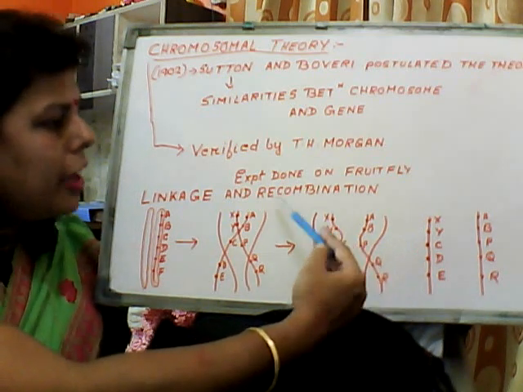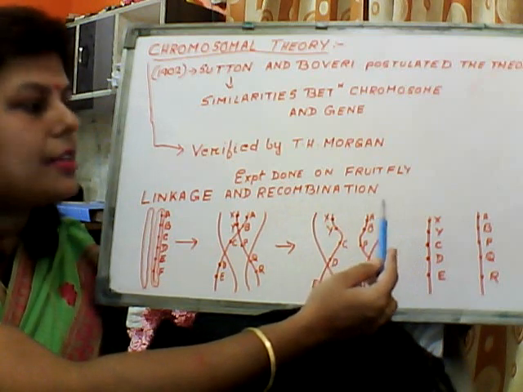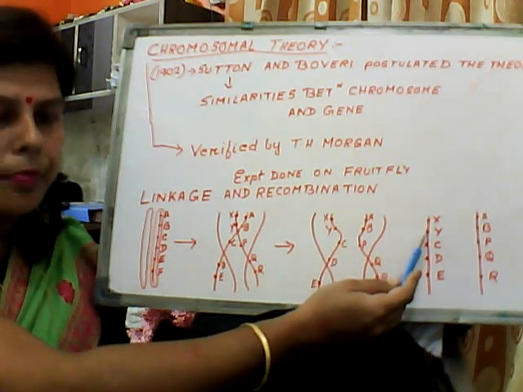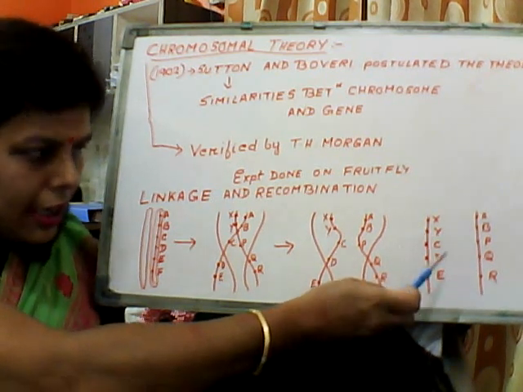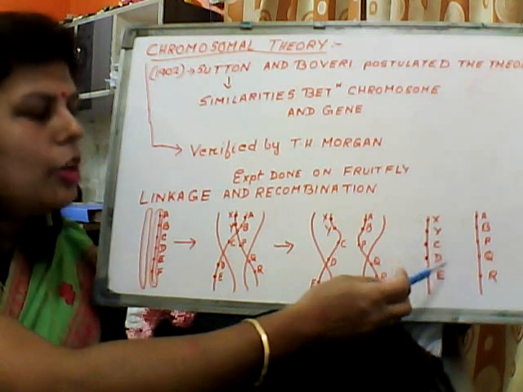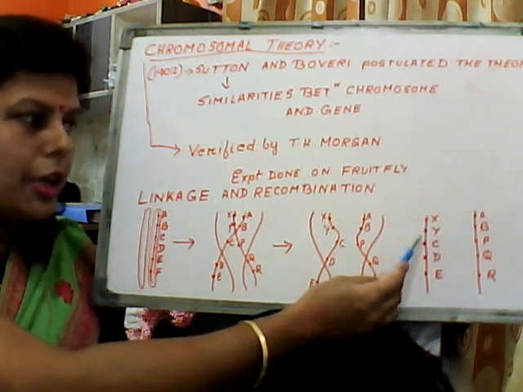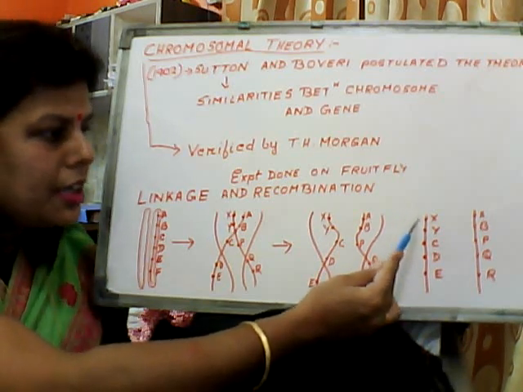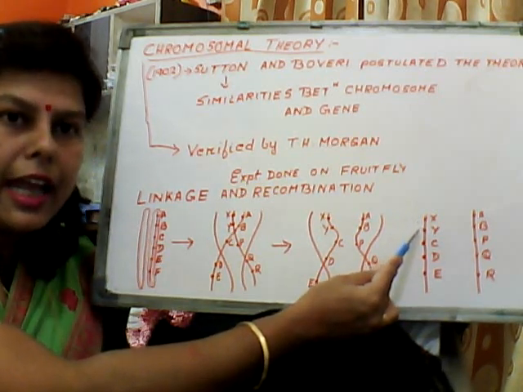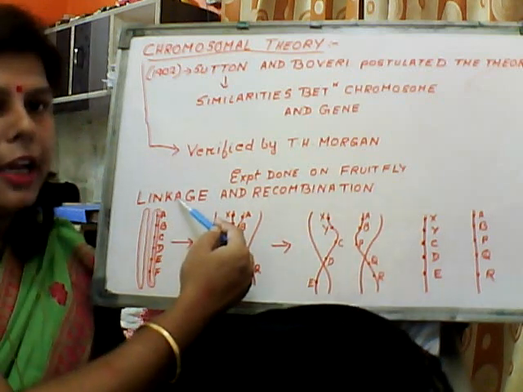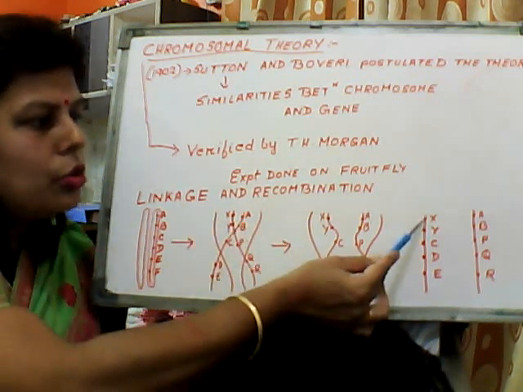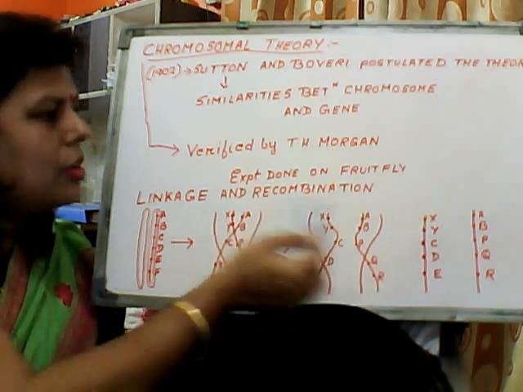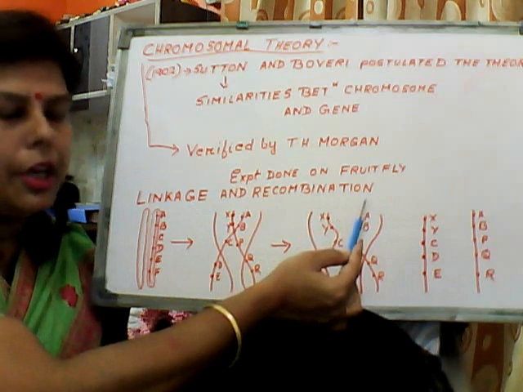As in them, recombination or crossing over is a very common phenomenon which occurs in living organisms. So there the partial linkage takes place. And one more thing you should remember, this linkage is related to the distance between the two genes. If the distance between two genes is very less, there is more chance for linkage. If the distance between two genes is more, then there is less chance for linkage but more chance for recombination.